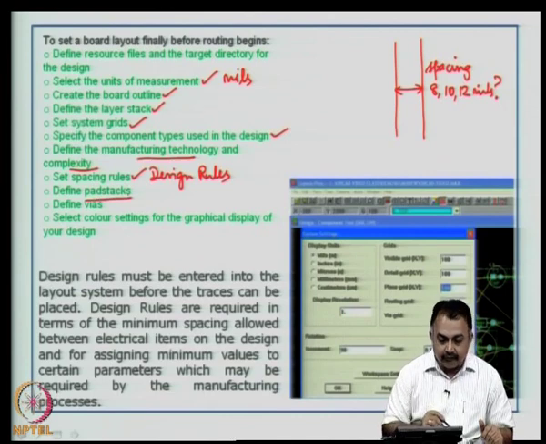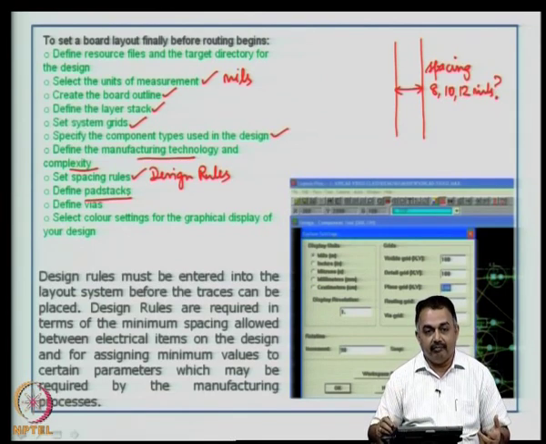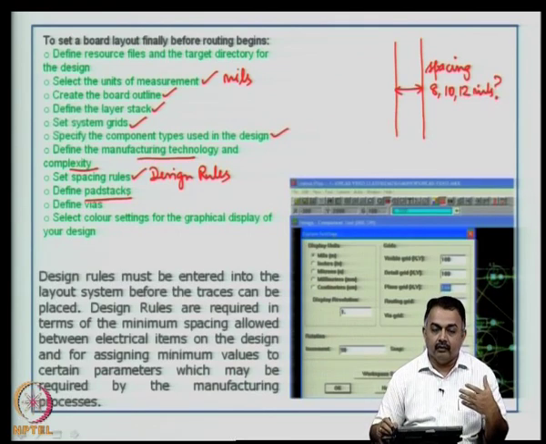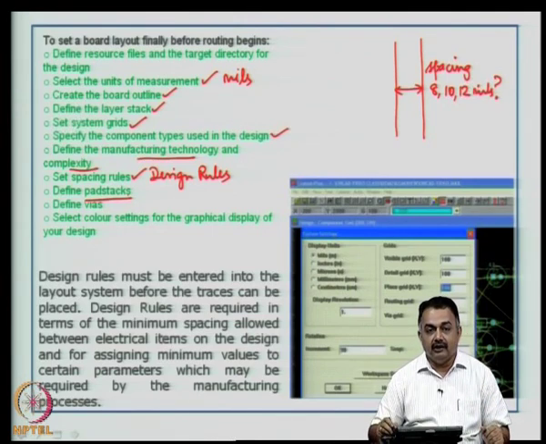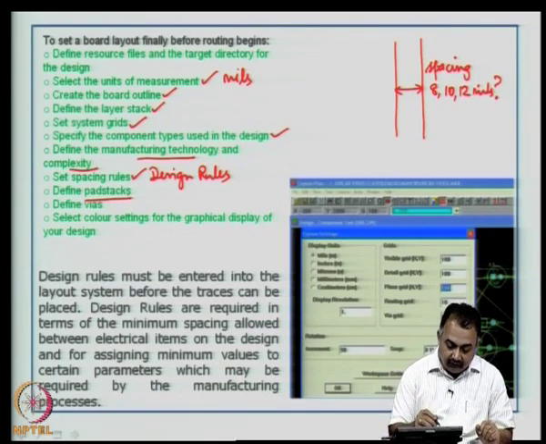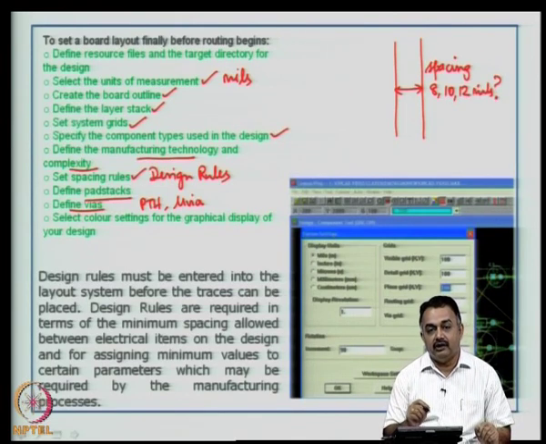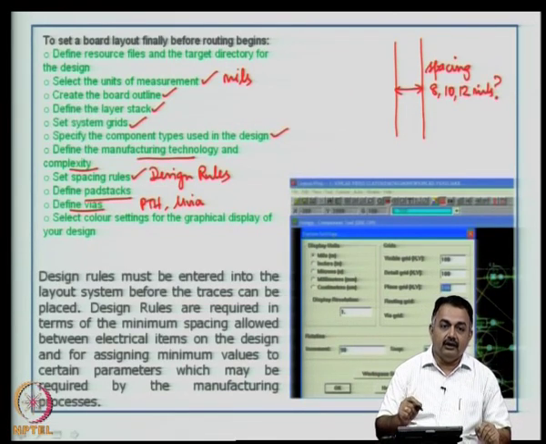Define pad stacks. Now, different components have different pad sizes and when you edit a component in the footprint part of it, you will see that a lot of information goes into the annular ring information of a pad, drill dia information of a pad and so on. So, you have to define the pad stack, then define the number or the type of vias. So, is it going to be a simple plated through hole via or is it going to be a micro via? If so, in each case what is the size of the vias that you are going to use for different